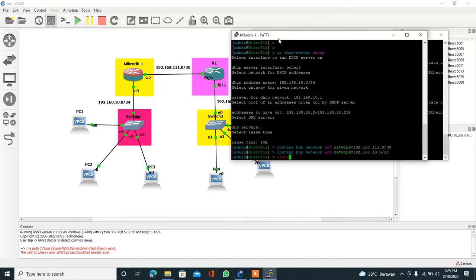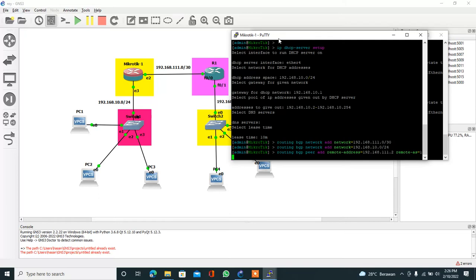The last configuration for integration of dynamic routing BGP in the MikroTik router is the command routing bgp peer add remote-address=192.168.111.2 remote-as=1000 and 102, like this.